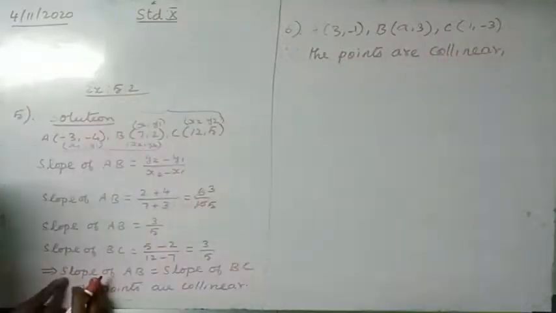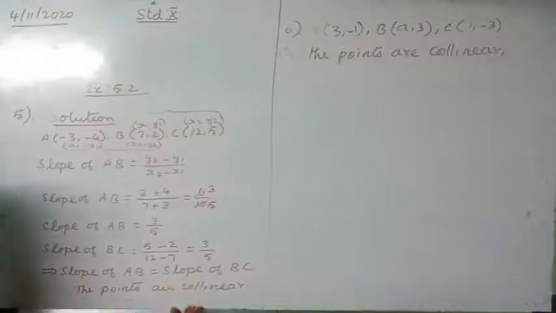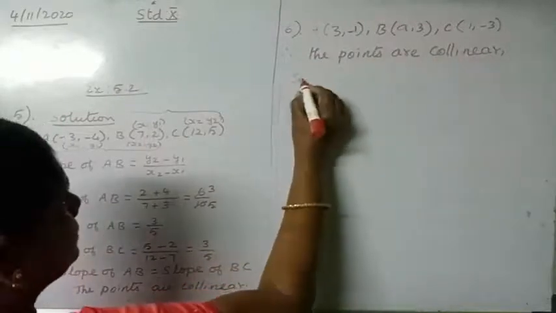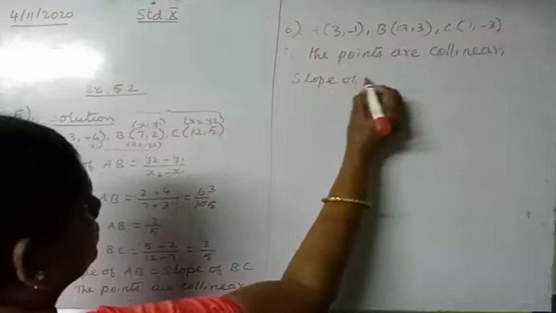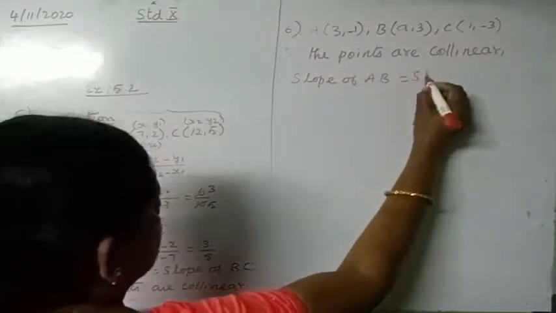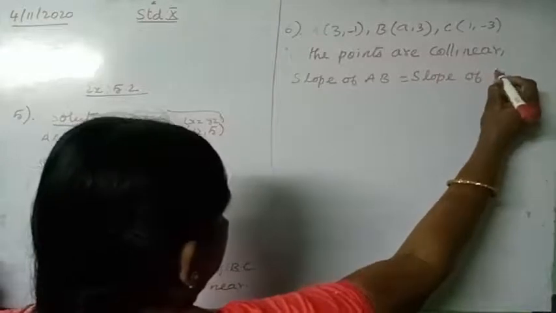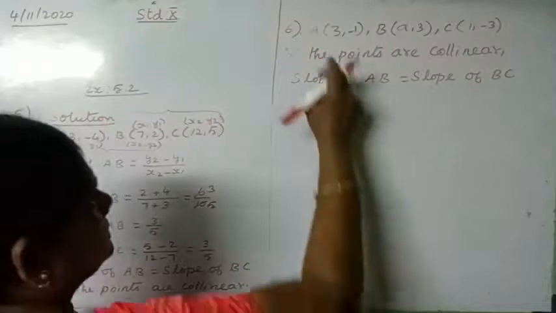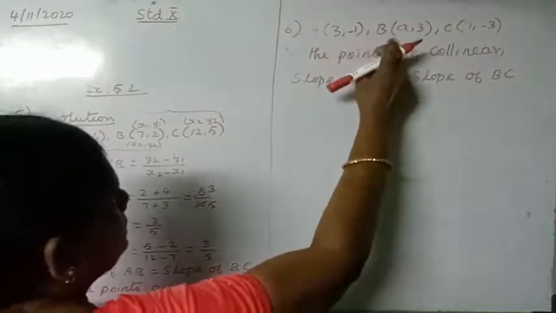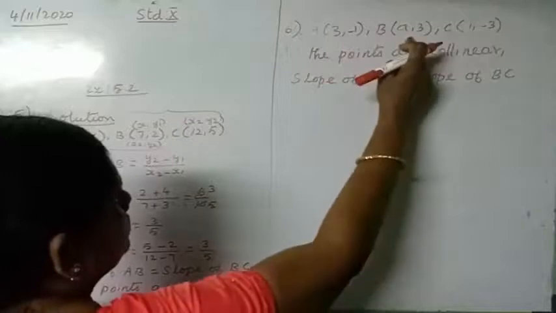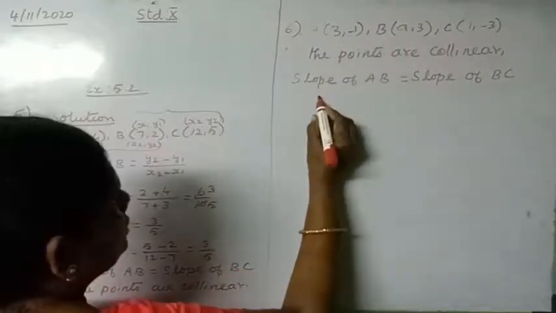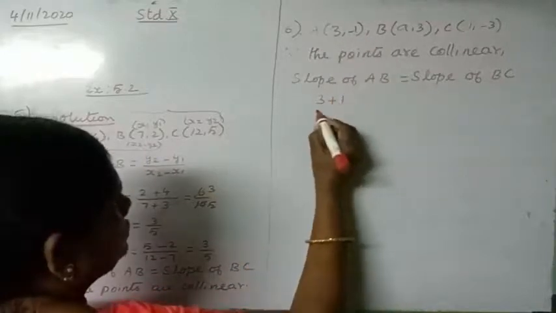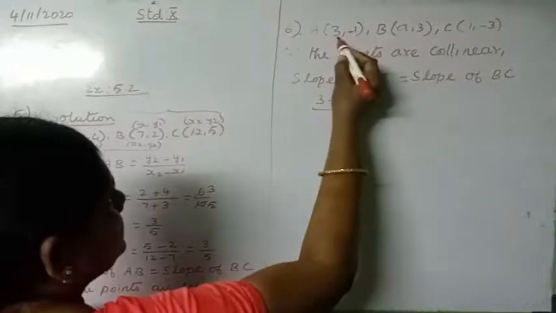collinearனா என்ன சொல்லிருக்கோம் இங்க slope of AB equal to slope of BC. அதே மாதிரி இங்க 3 points are collinearனா collinearனு கொடுத்துட்டாங்க and hence we can take slope of AB is equal to slope of BC. Now use this slope formula and let us apply this. A and B எடுத்துக்கோங்க. This is x1 y1, this is x2 y2. Substitute பண்ணும்போது y2 minus y1. So y2 is 3 minus y1 is minus 1 minus of minus plus 1 divide by x2 minus x1 a